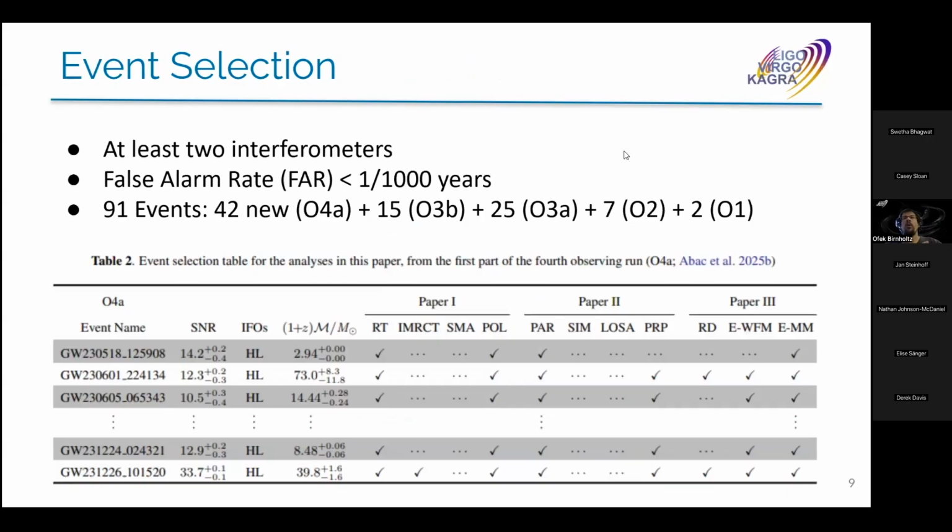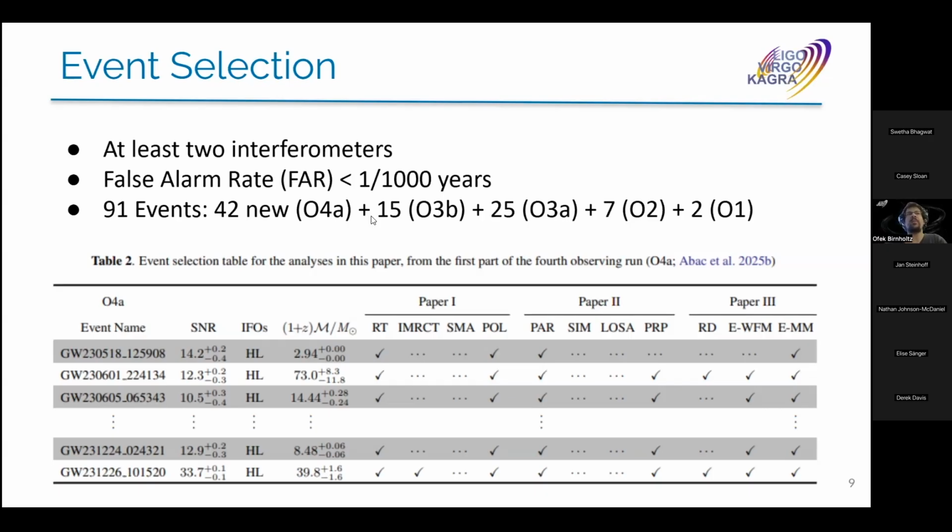Okay. The catalog itself has many more events than we actually use. The testing GR group has decided to focus on the most confident and strongest events. That is quantified in two confidence parameters. One is that we want at least two interferometers to see the event simultaneously. For O4a, this basically means both LIGO detectors in Hanford and Livingston. And we want a false alarm rate less than 1 per 1,000 years. So we've narrowed it down to 42 new events from O4a, plus legacy events from previous runs, a total of